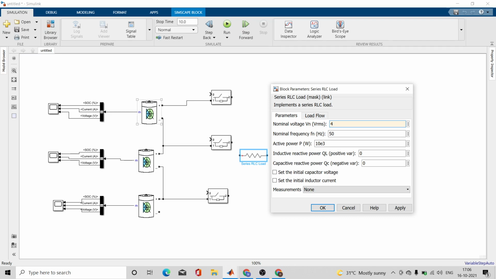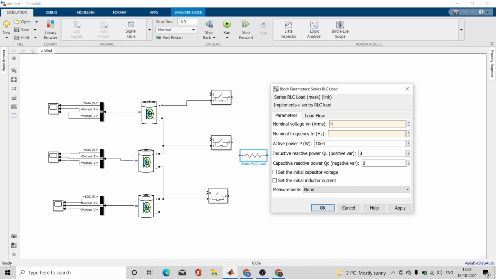we are going to handle only up to 4 volt for a single cell, right? Because here a single cell has a nominal voltage of 3.7 volt. So if you want to use the resistor, it will carry at most 3.7, not more than that. So here we have considered the nominal voltage for this series RLC branch or R load as 4 volt, and frequency, remember we are considering the cell, and it carries DC, direct current, right? So it will not have a frequency.